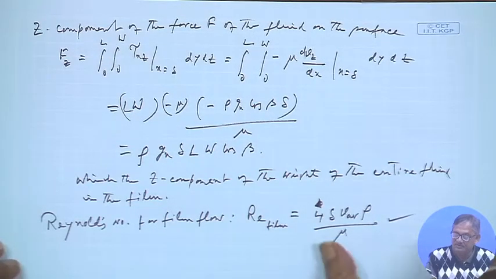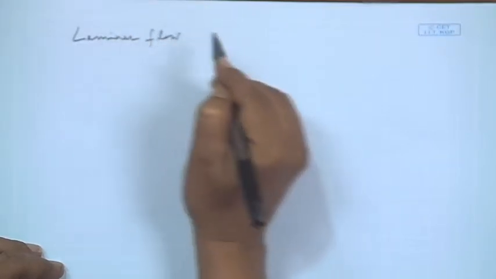Now, for film Reynolds number, there is one good thing: unlike the pipe flow Reynolds number, where it was 2100 and 4000 and above, this can be very small in terms of film, because film has a different nature, having low Reynolds number for both laminar and turbulent. For laminar flow without rippling,